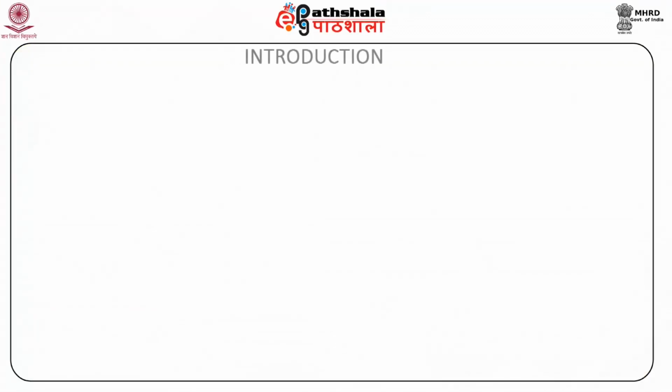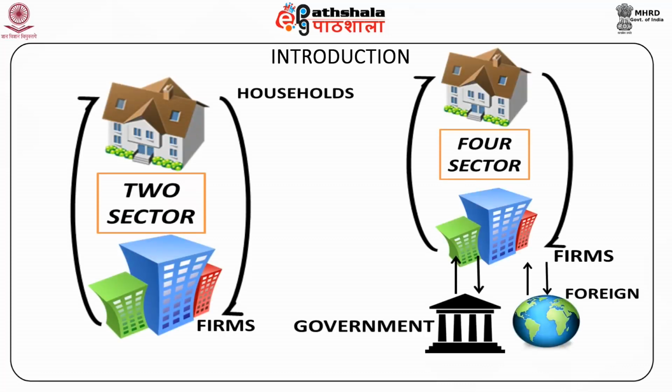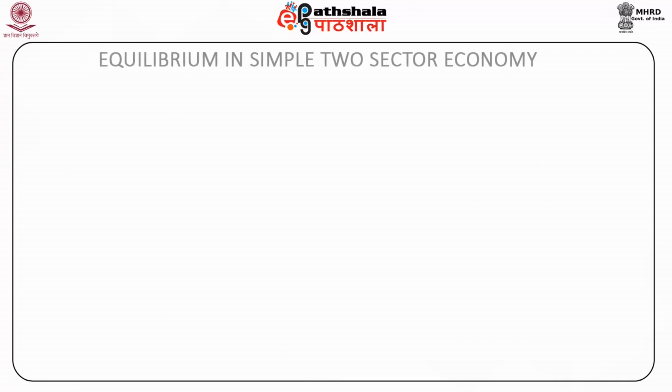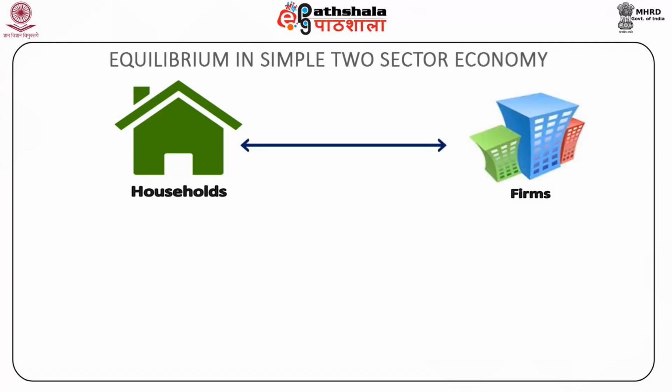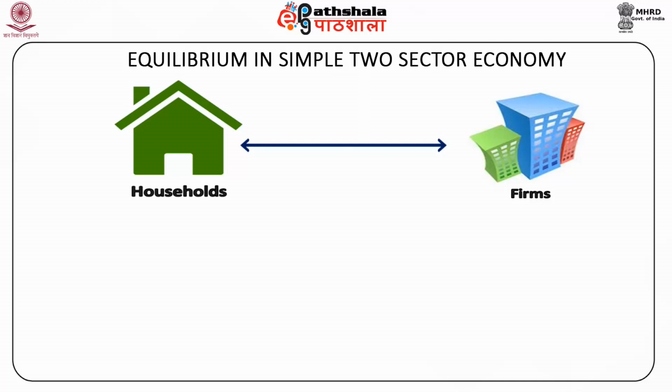Through this module, we attempt to explain the determination of equilibrium income and output in several models based on different assumptions in the goods market. The simplest model assumes a two-sector economy of households and firms, without government and external sector. Gradually, we introduce complexity and get closer to reality by bringing in the government and external sector. Let us start with a simple two-sector economy without government and foreign sector. In such an economy, households are the consumers and firms the producers. Investment is assumed autonomous for simplicity.